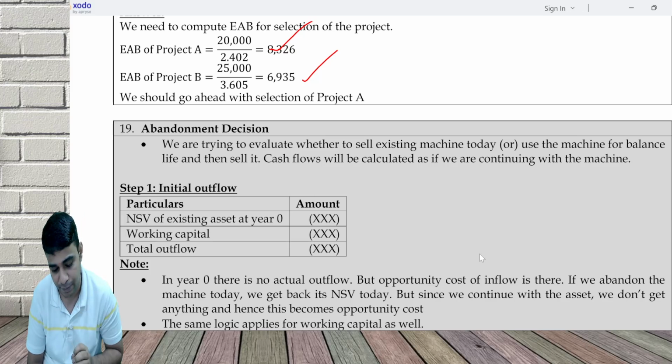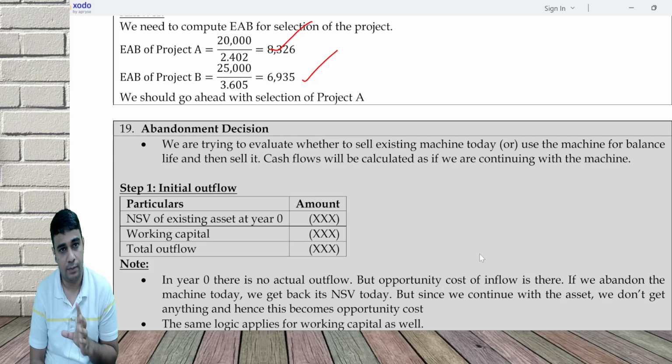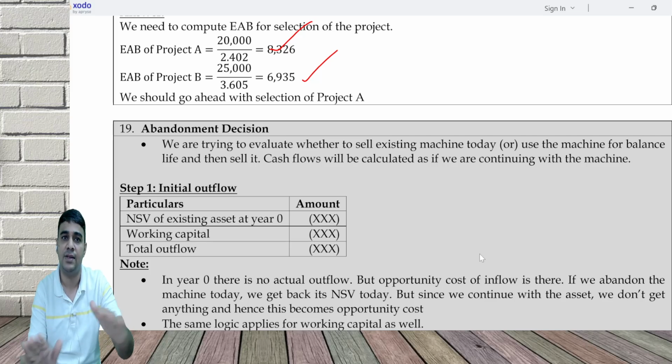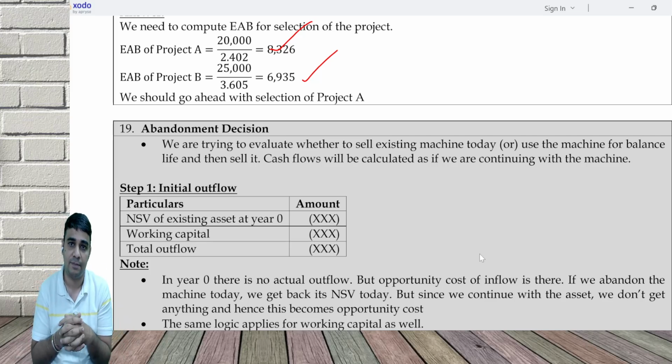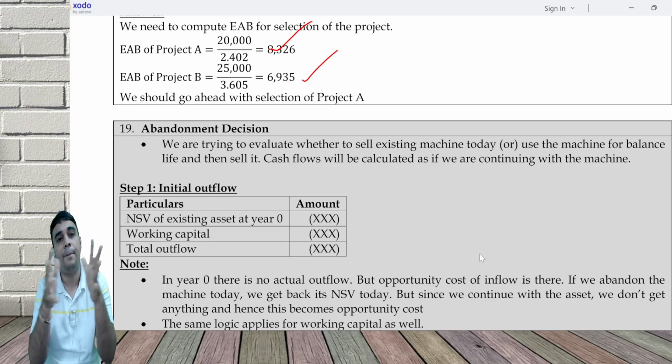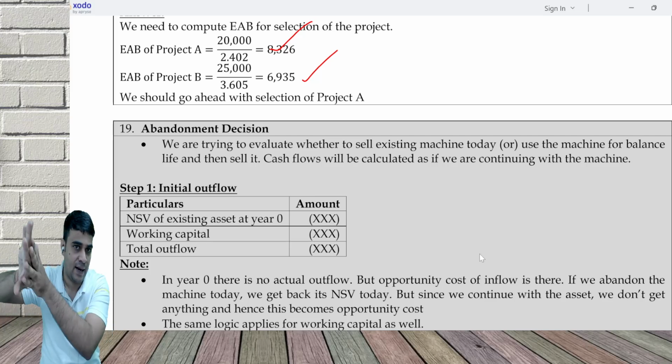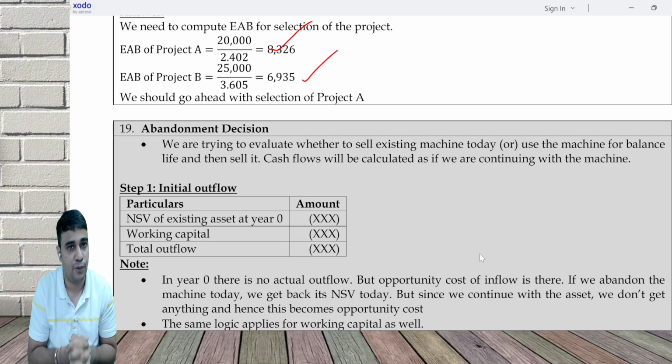Just to give an example. You could be using a two-wheeler. As you keep using it, maybe after 4, 5, 6 years down the line, your annual servicing expense keeps going up. So you need to put a stop at some stage, saying I need to abandon this now and buy a new one. For the abandonment decision, one, it can be done along with replacement. That's a separate analysis. If only abandonment has to be analyzed,